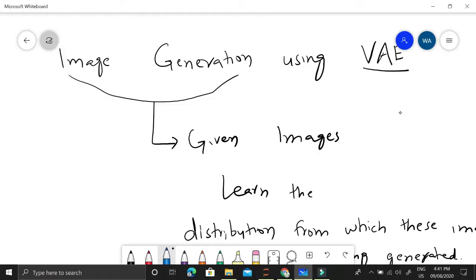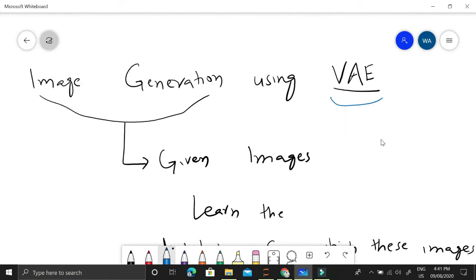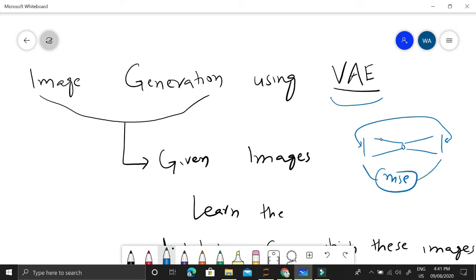Okay, so generating images using a variational autoencoder is a bit tricky because usually autoencoders work in a very simple manner, where we have this input image and this reconstructed image, and inside we want to encode it into this lower dimension by minimizing the mean square error between the input image and the reconstructed image. The loss function is simple mean square error between the reconstructed and input image, and we just learn this encoded dimension, and backpropagation is really easy. There is no break or any complications involved.